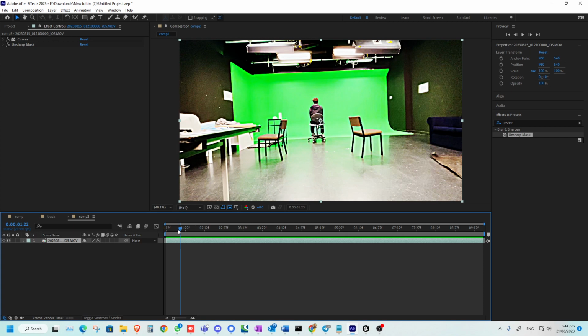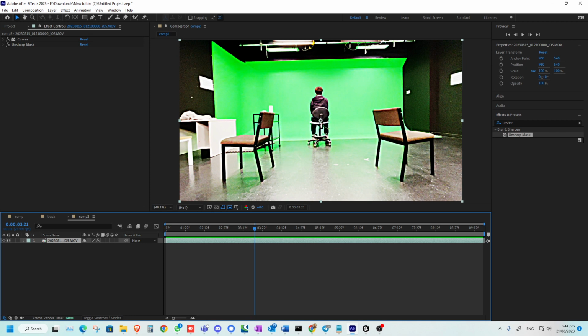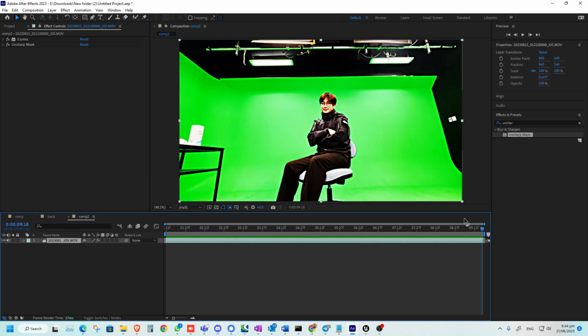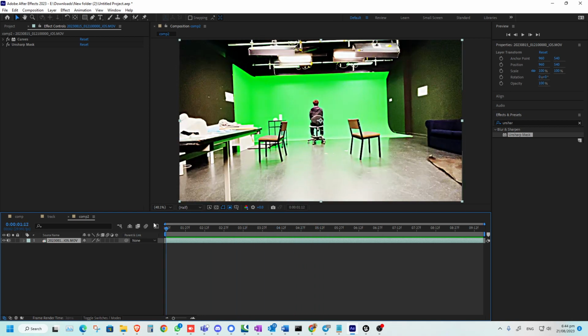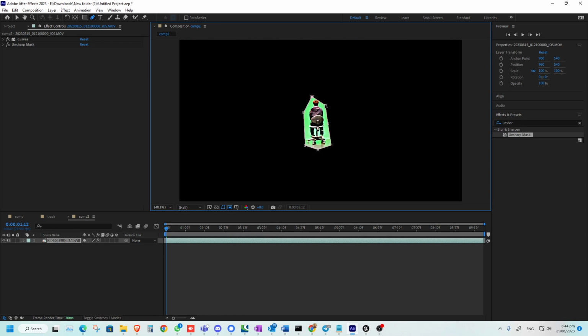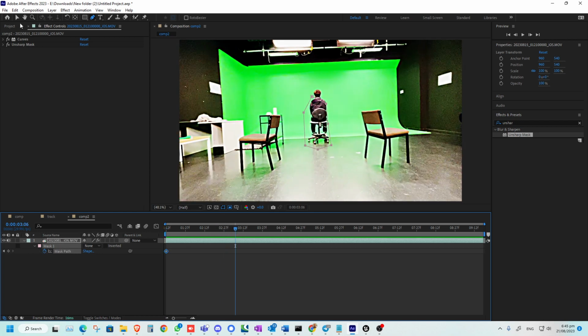So just before sending it to a layer, you see that I'm just enhancing the scene. This is not a final look, it's just an enhancement for tracking, and we remove all of these extra elements. Also, you see that the subject is moving, so we have to use a mask around the subject so it won't be tracked, otherwise the tracker will have a hard time. So I press M on my layer and say none for now, because we have to animate the mask, go forward, and then